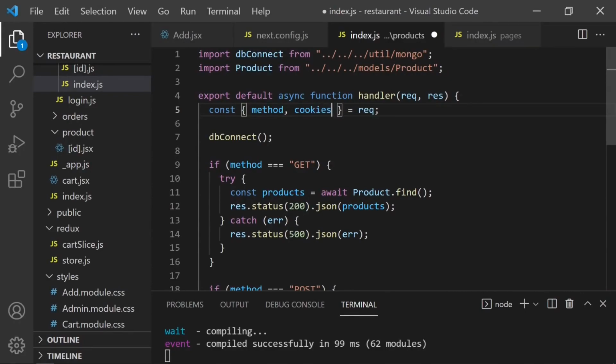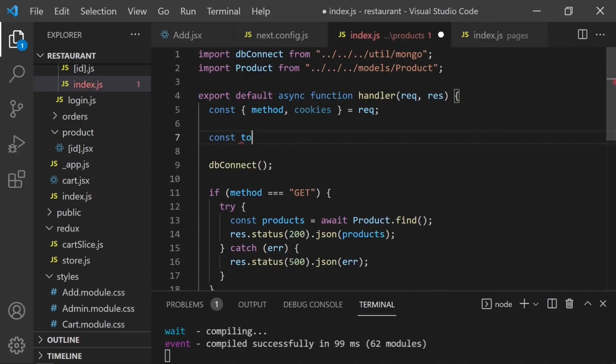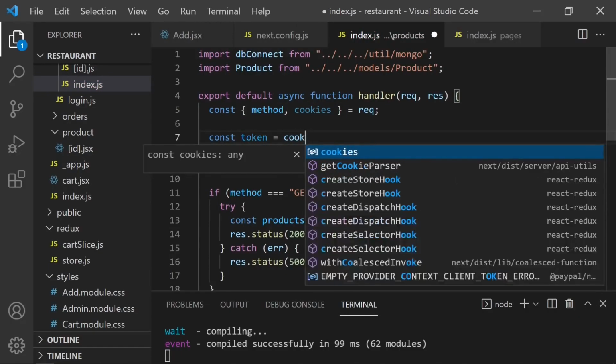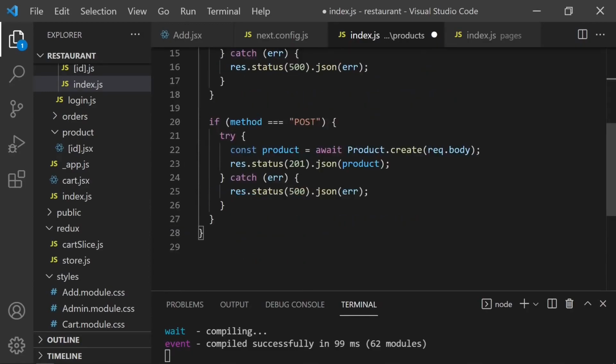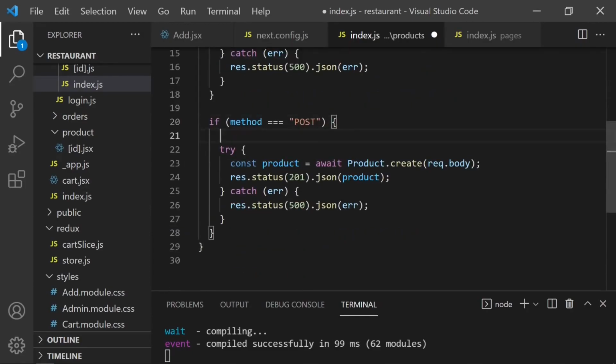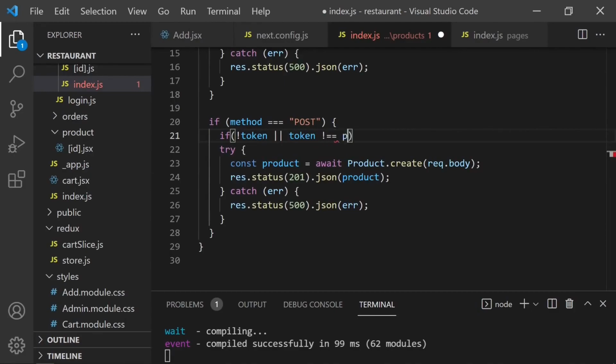Cookies. And I'm gonna say token equals cookies and token. And we can use it for the post method. I will say if there is no token or token is not equal to process env and token,